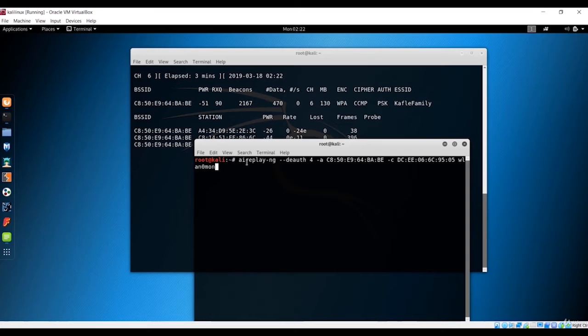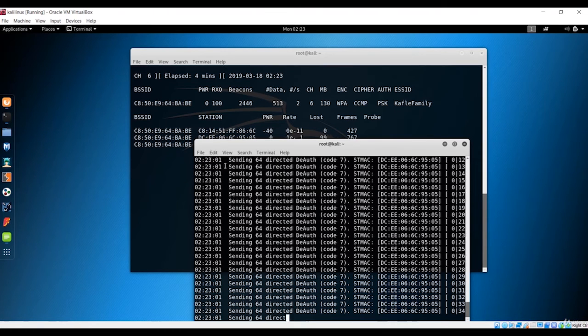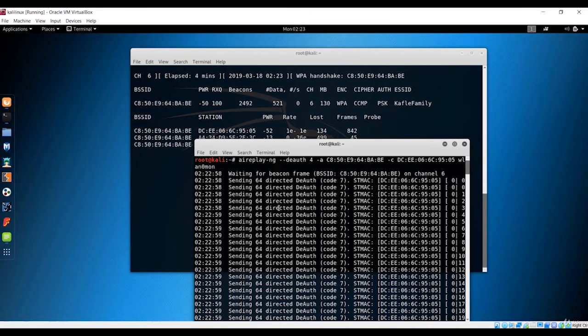You first use aireplay-ng, and this is a very powerful tool, because we have to crack the handshake from the word list using this same application suite. And aireplay-ng has this argument, which is de-auth, with a time, that is 4 seconds. We have just given 4 seconds, and after 4 seconds the client will try to reconnect, and in that case we'll capture that handshake. So let me hit enter, and it is sending everything, and let's wait for some time.